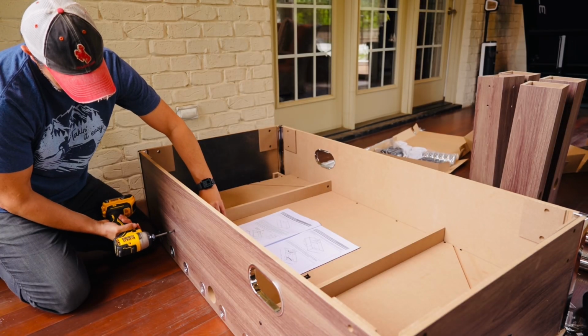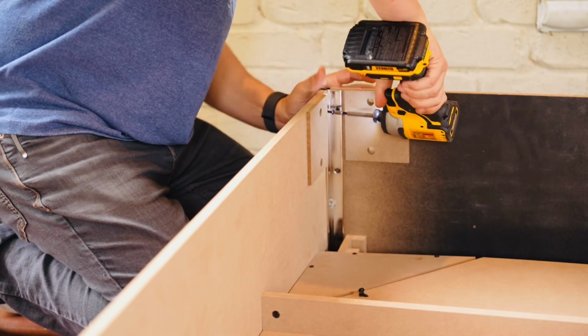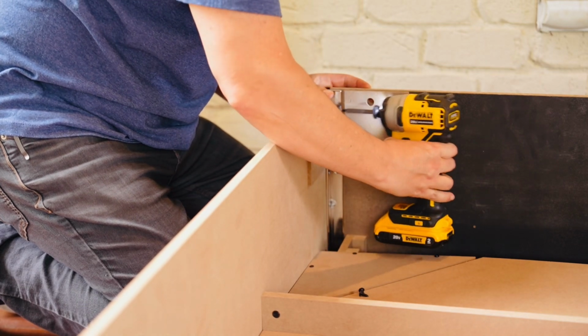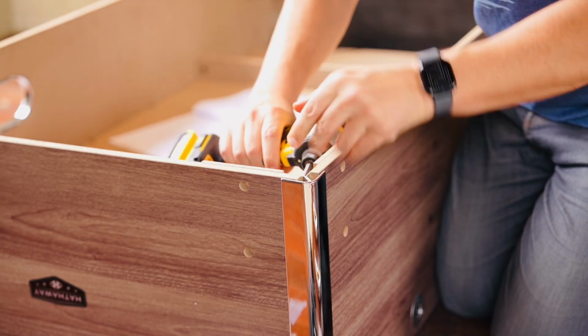And these ones you attach from the exterior. Just make sure you use the pre-drilled holes. I'm not going to bother telling you what the hardware is that you're going to use because it's labeled so easily to see in the owner's manual. It's almost impossible to do that